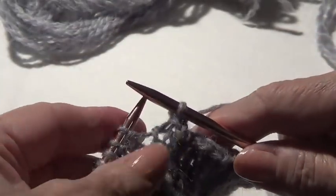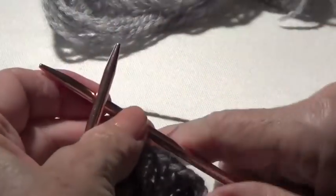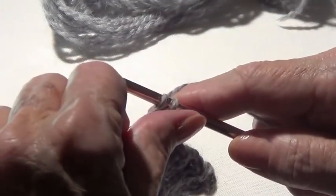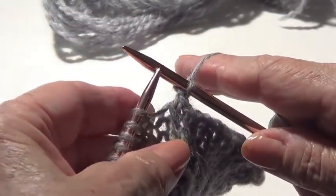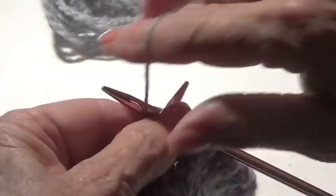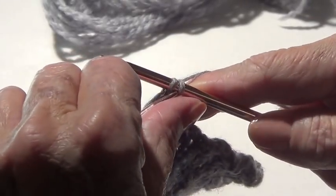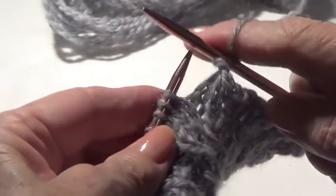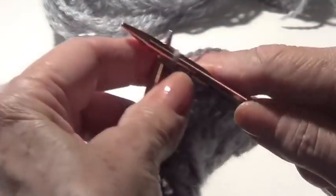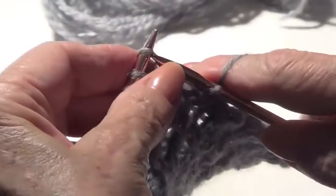The next one is a purl. So this is important because this is a cast off as you are seeing your stitches. That's a purl. We bring our yarn to the front, we purl. Pass that one over, and the next 3 are knits, so it's 1, 2,